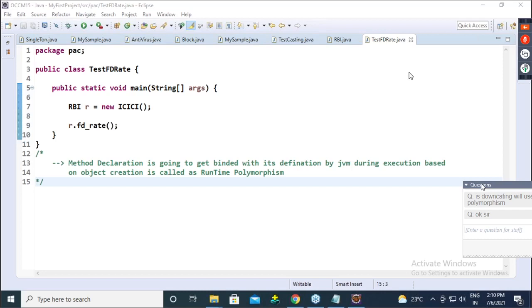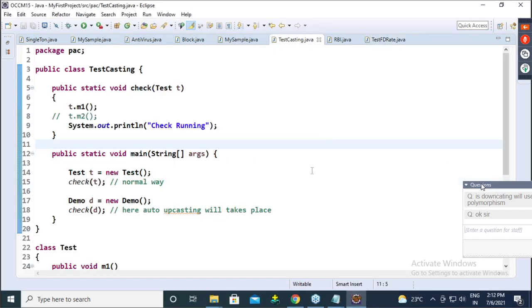So that example, I was quite confused in that example. So the T.M2 is an error, right? Yeah, correct, error.